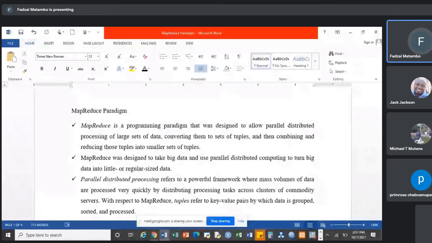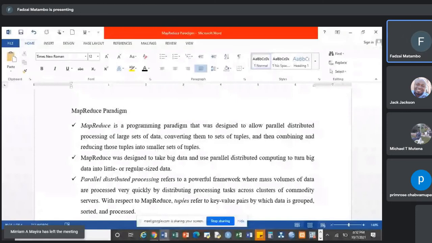So tuples, I think we all understand that they are rows, right? And then MapReduce was designed to take big data and use distributed computing to turn big data into little or regular size data. So we understand, when we are in the Hadoop file system, that we are working with very big data sets. So the MapReduce paradigm is the one which is now used to turn those big data sets into regular size, or smaller, manageable